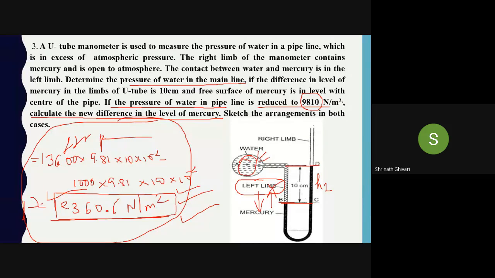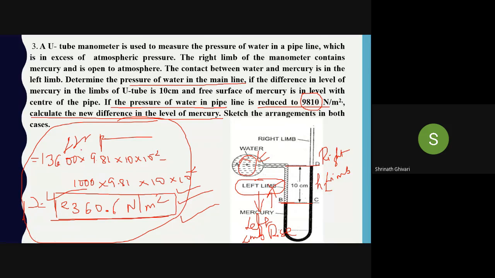When the water pressure applied by this water is more, it will push this up, right? When the water pressure is reduced, what will happen? It will be pushed backward. The mercury will be pushed backward. So here on the left limb, what will happen? There will be a rise of mercury. But in the right limb, what will happen? Right limb पे क्या होगा? Fall. Right limb पर fall होगा. Fall of the mercury. Understood this?